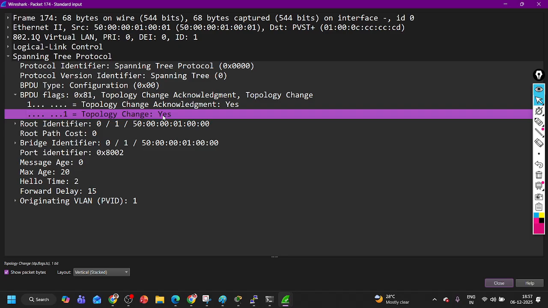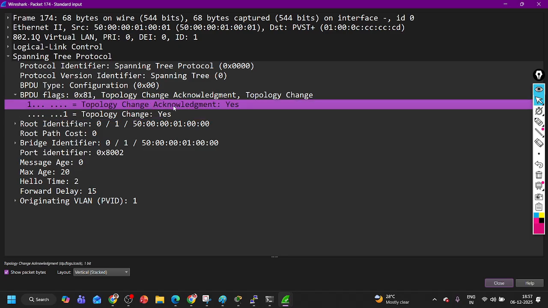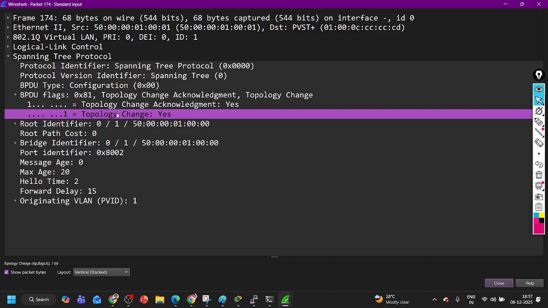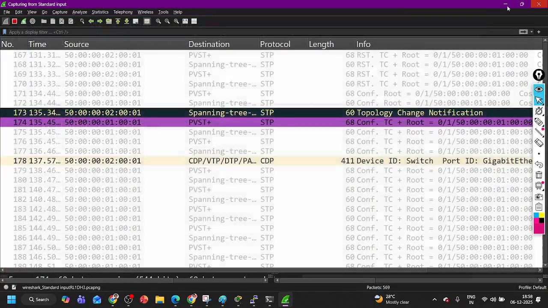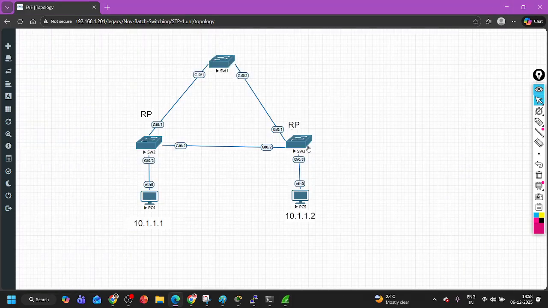The topology change bit is on and the acknowledgement bit is also on. The acknowledgement bit is on for switch number 2, so that switch 2 can get the acknowledgement for its TCN BPDU. And this topology change bit being on is for the rest of the non-root bridge switches, to inform them that there is some change in topology. And when the non-root bridge switches receive the configuration BPDU with the topology change bit on,